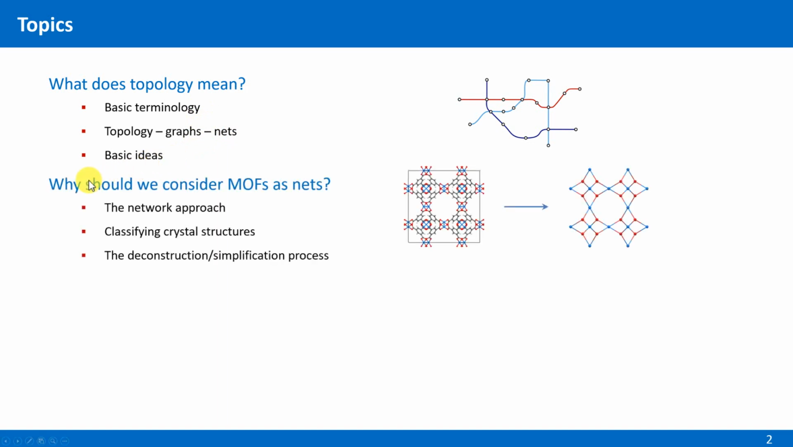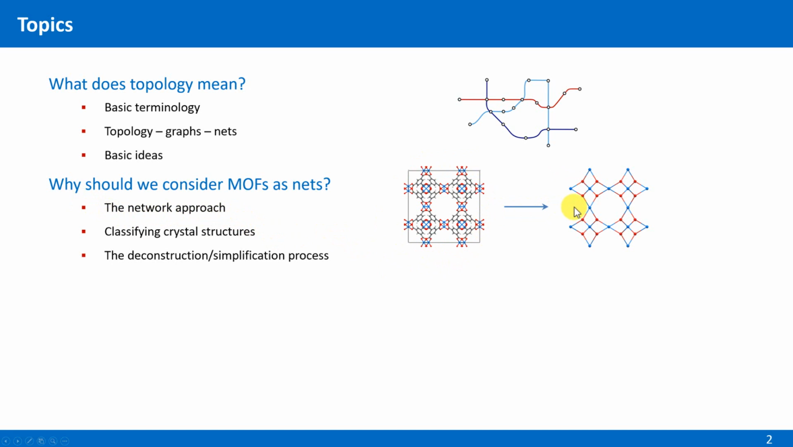The second section is concerned with the question why we should actually consider metalorganic frameworks as networks. So what is the advantage of the network approach? And it will turn out that this is another way to classify crystal structures. And we will see, of course, a few examples how we arrive at these nets, the so-called deconstruction or simplification